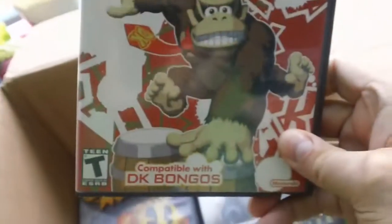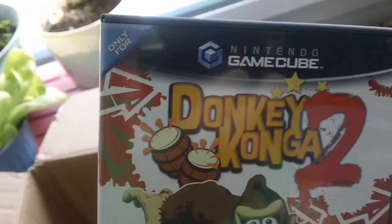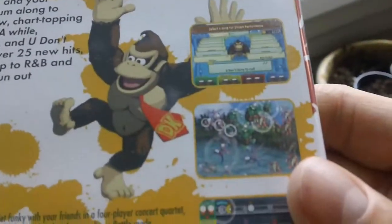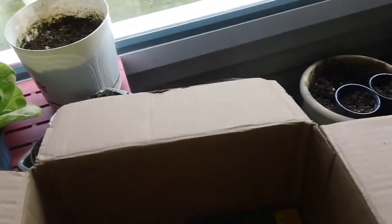This is cool because I didn't have it. I had the first game. There's Donkey Konga 2 with the bongos, which I have 2 sets of for some weird reason. Actually, I got them in GameCube lots. Both my GameCubes are modded, and I got 2 sets of the bongos. Pretty much were thrown into the package. So, what can you do? Yeah, I think I'll be giving one away at some point. I don't know if anybody wants them, but